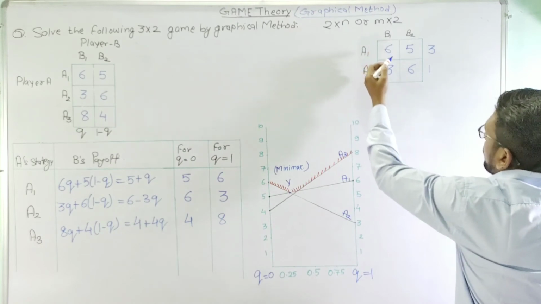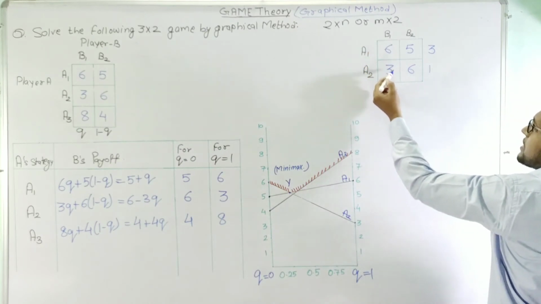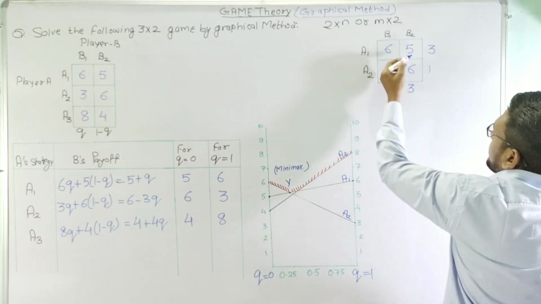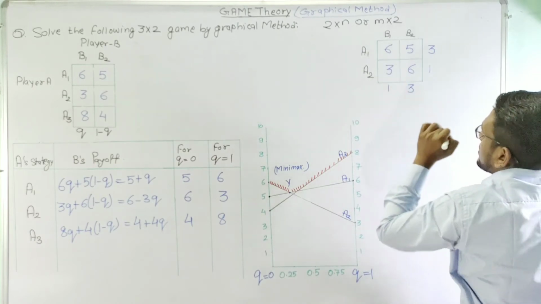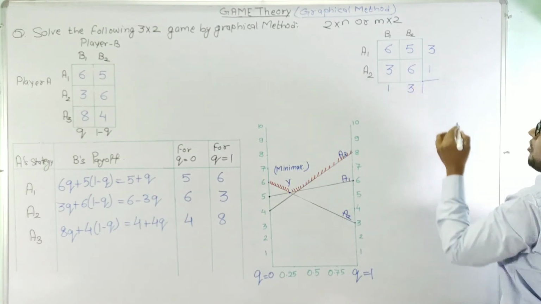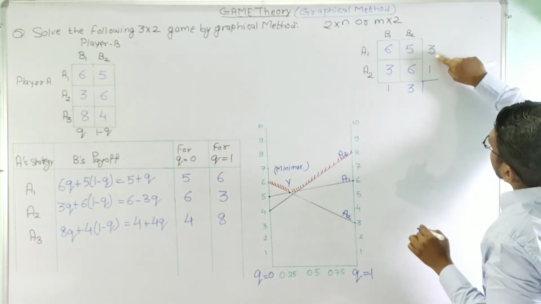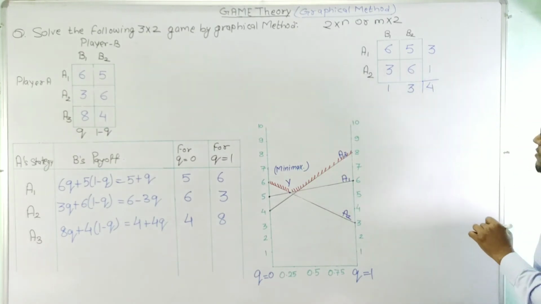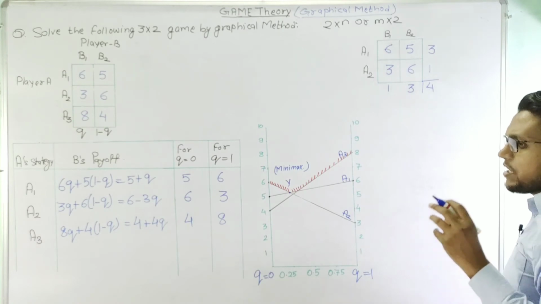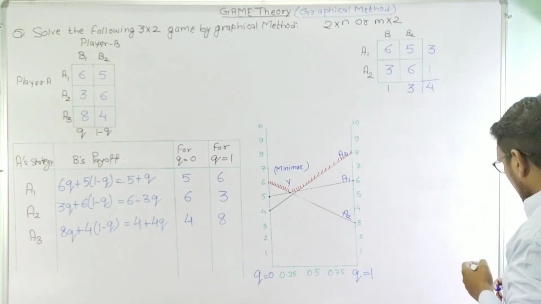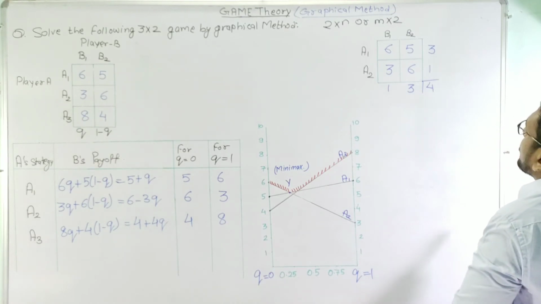Similarly, we will calculate for columns. This is 6 minus 3, and 3 we will write against the opposite column. Here 6 minus 5 is 1, and 1 we will write against the opposite column. So here we can see that the sum of oddments vertically and horizontally is coming as 4. That means both are equal, and this shows that the value of game for player A and player B are same. Now let us calculate the probability here.